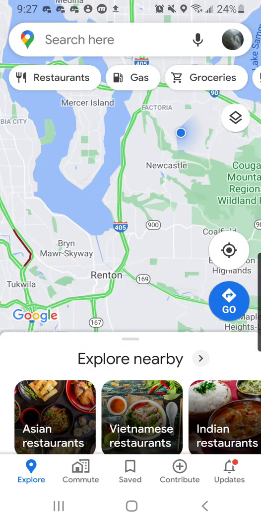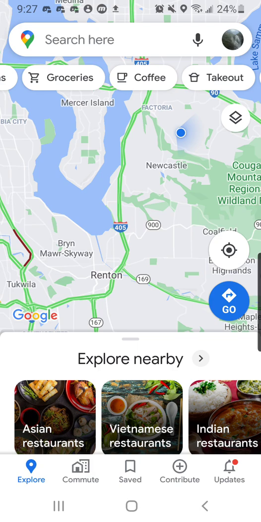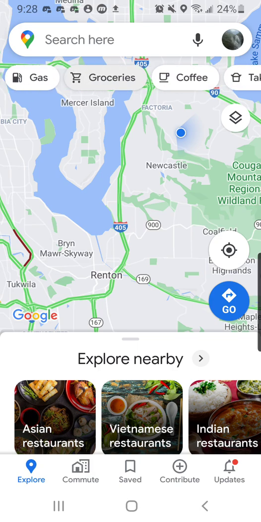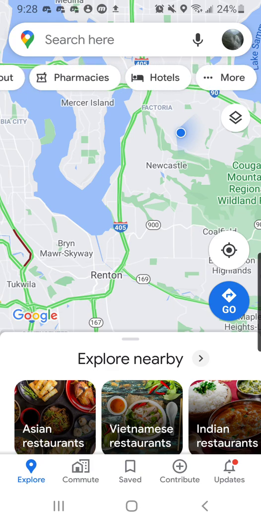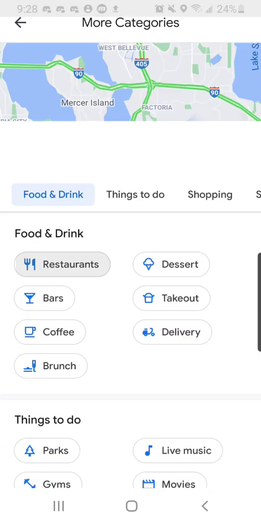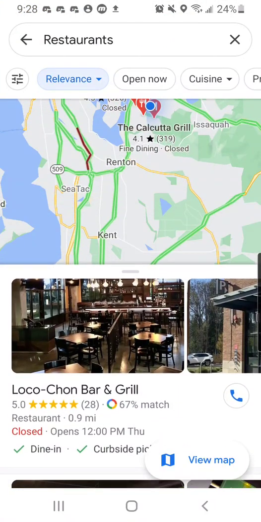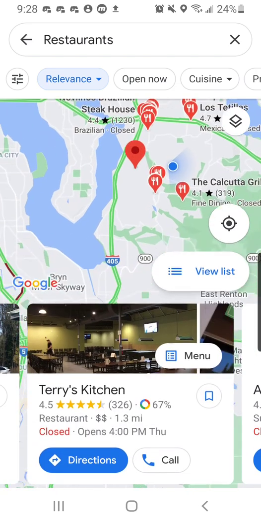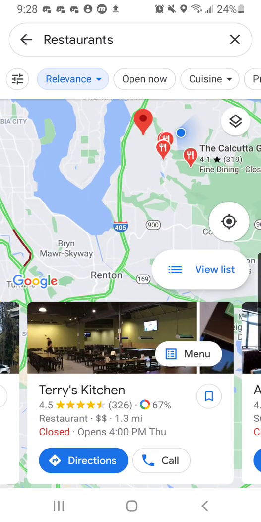This is the normal function of Google Maps. Of course, there are many other functions that you can use. For example, there are different selections you can choose, like restaurants, gas, groceries, etc. here. And there are a lot of things. And you can pick something like, for example, I can pick restaurants, and it will show me the restaurants closest to my location. If I want to see one of them, I can just press on the symbol, and